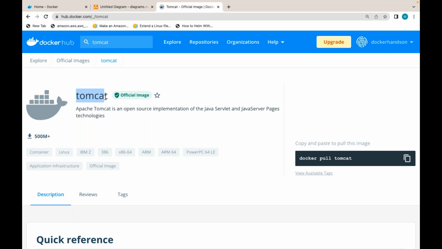But can I create my own image by using this as a base image? On top of this image, can I build my own image with my application code added to that image? Yes. So do we have all the public base images available in the Docker Hub? These images can be used in your Dockerfile to create your own image. Okay. So this is registry.